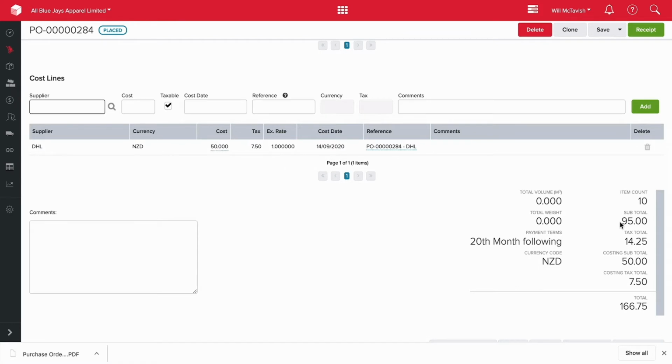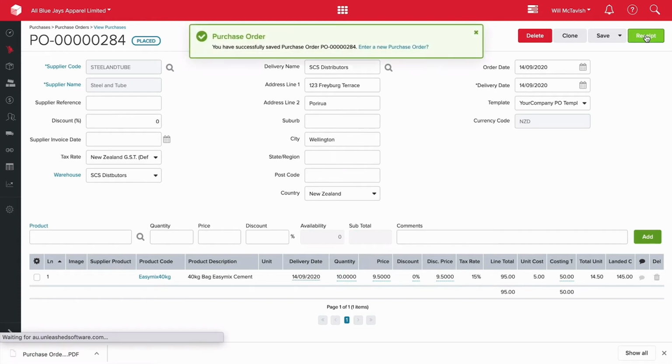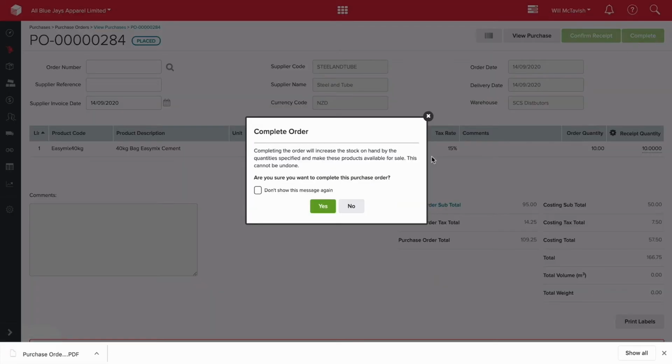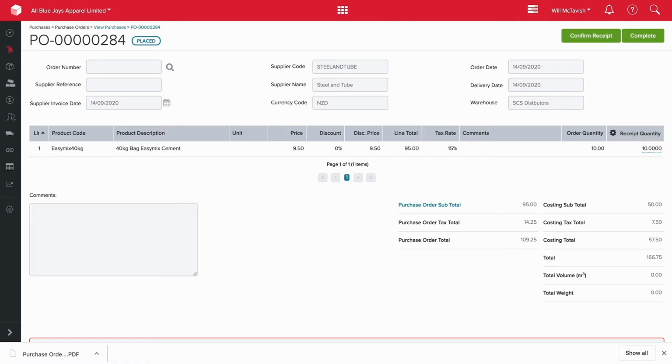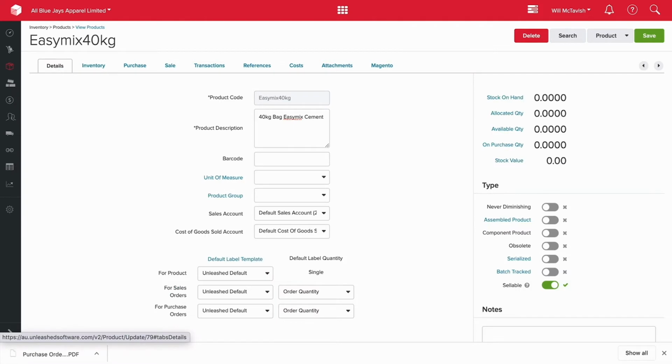Down the bottom here, you see that the product order is $95. We've got a $50 freight charge, plus our taxes on both the order and the freight. So the total amount that we're paying is $166.75 for this order. What I'm going to do now is hit receipt, and then confirm what I'm bringing in. It's saying, yes, I want 10 items out of 10 that I ordered. Hit complete and then hit yes. Great, so now I've brought that stock into my warehouse and all of my relevant invoices have gone through to my accounting system. If I jump back into the product, go to the details menu and then hit refresh,